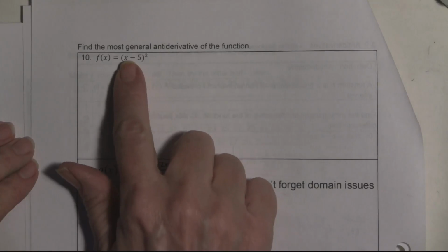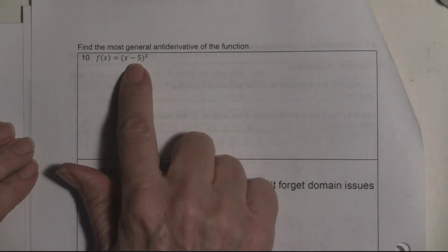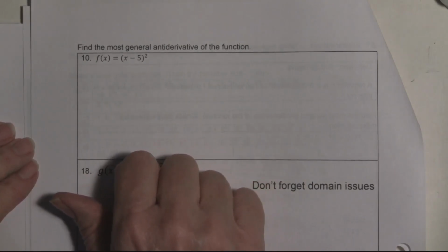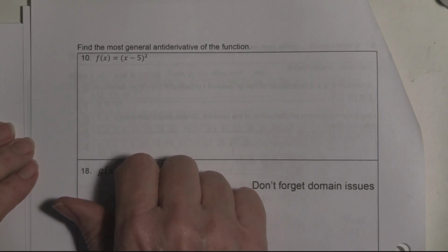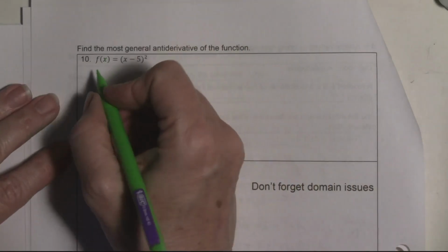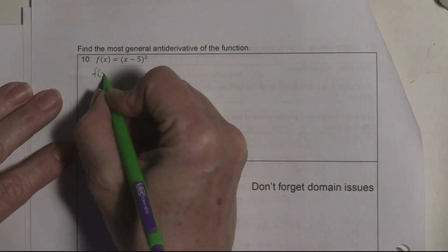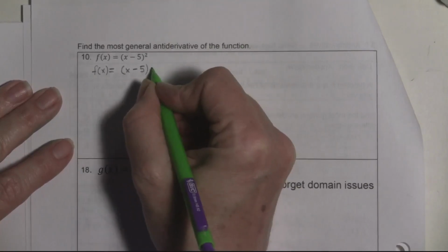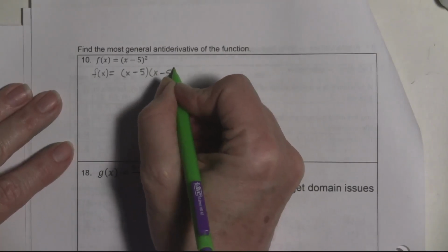So this whole thing quantity squared is actually a multiply. It's x minus 5 times x minus 5. And I can't do the antiderivative of a multiply quite yet. So the idea is, well, just multiply it together. When I do that, I'm not finding the antiderivative yet. I'm just foiling this together